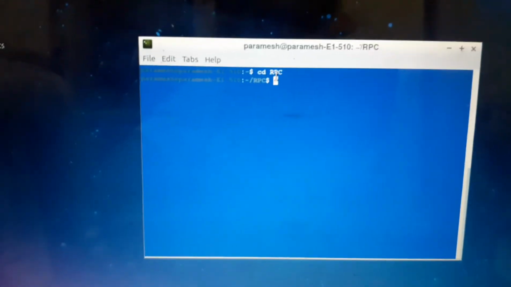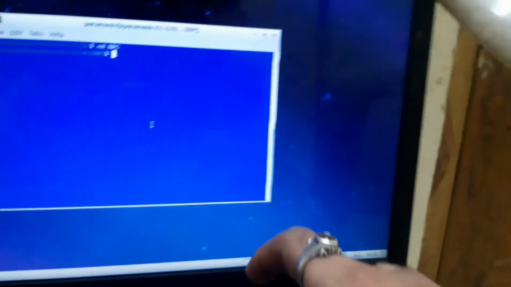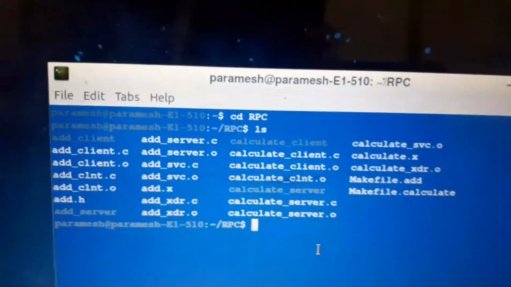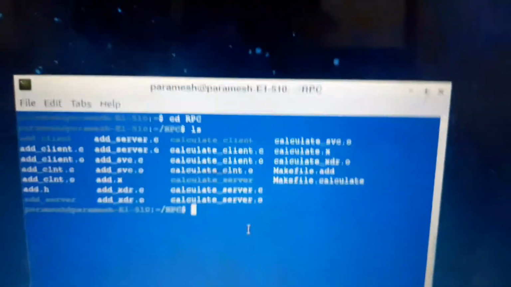We give .c for C programs, but we have to give the .x extension here. Now, we search the programs in this. Here there is calculate.x, that is the program which I had developed.